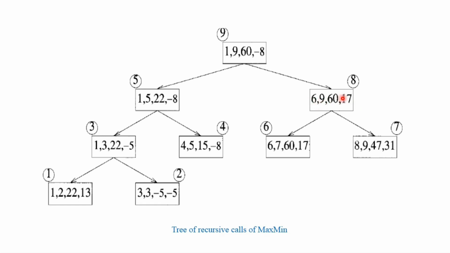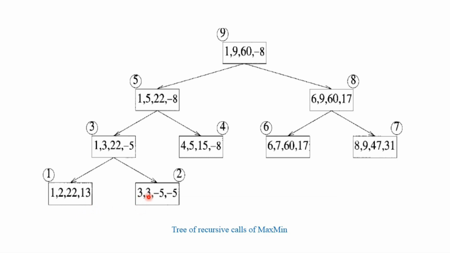Similarly, this sub problem also will be further subdivided. When does this recursive call continue? That means you are subdividing once again as long as you have more than 2 elements. Now in this case you found out the mid as 2. So element starts from 1 until 2, and here element starts at 3 and also ends at 3. So what do you infer? i is equal to j minus 1, that is 2 minus 1, that means the number of elements is only 2. So directly without making any recursive call, you are going to find the values of 22 and 13. So further you are not going to make any call to the function.